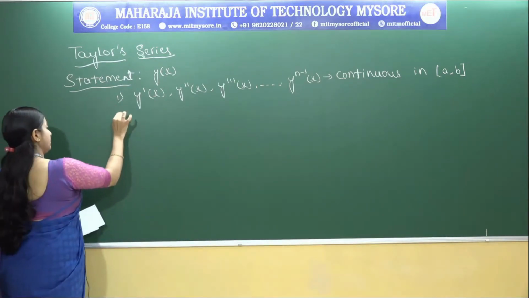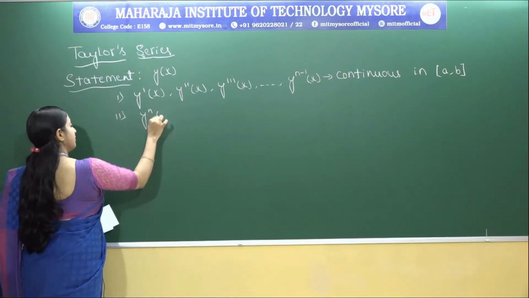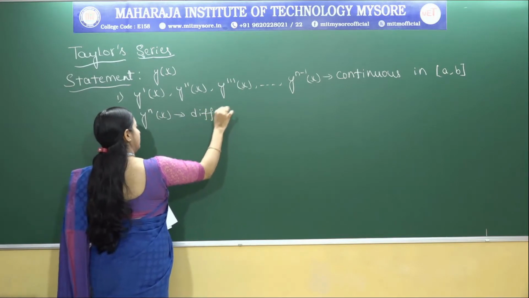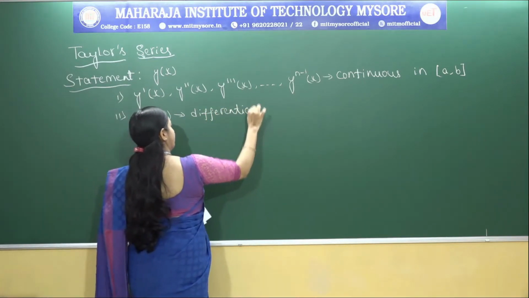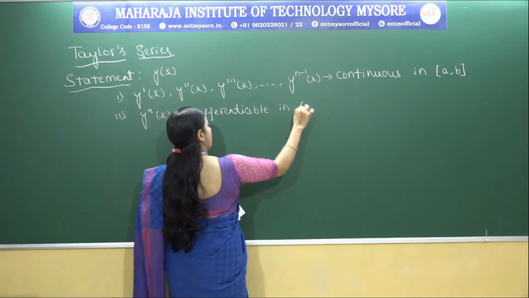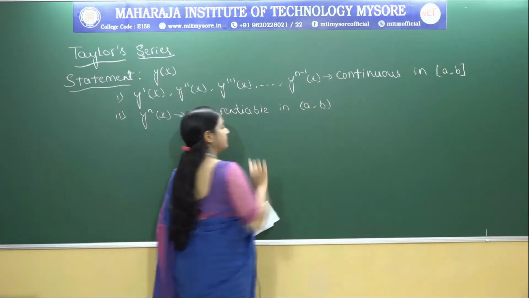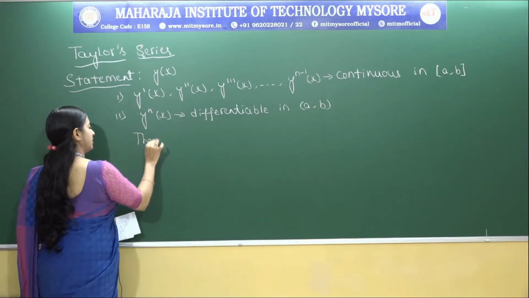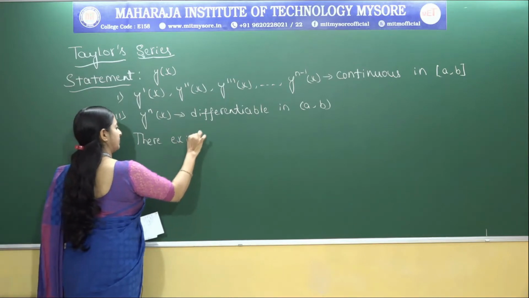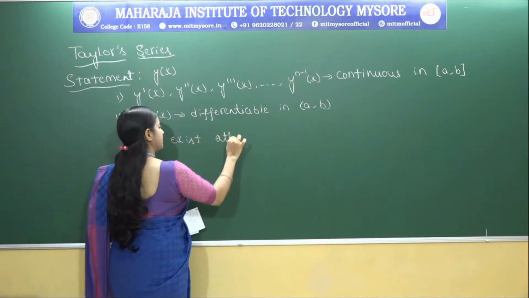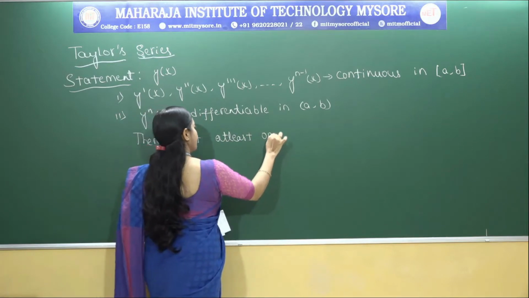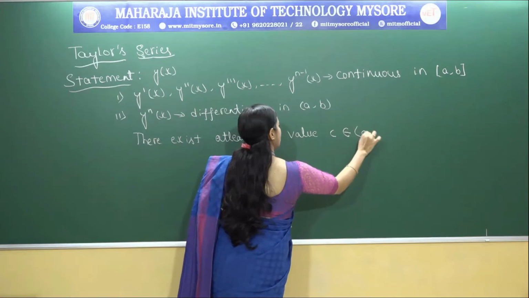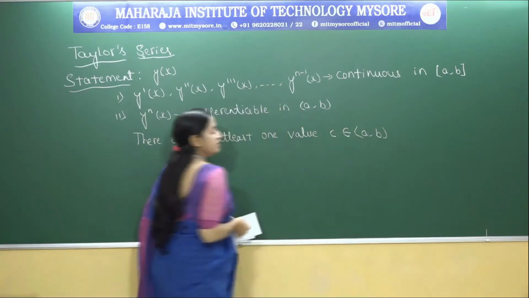The second condition, the nth derivative of y of x is differentiable in open interval ab. Then there exists at least one value c belongs to the open interval ab such that